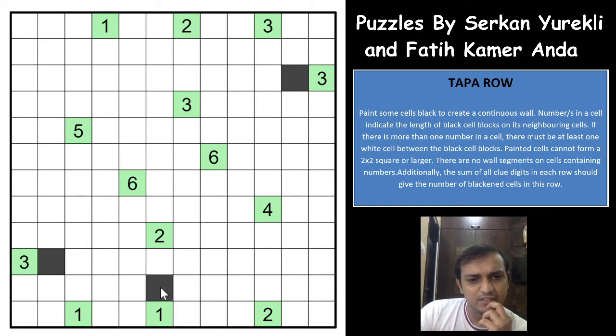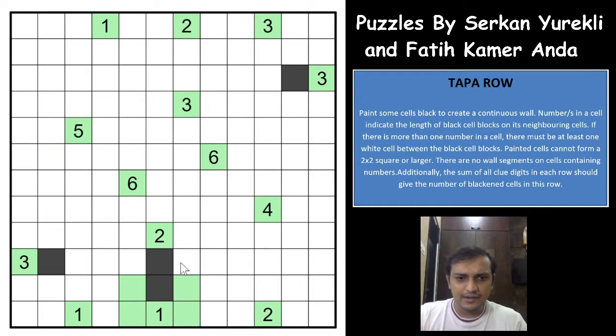For the 1, I can say that this cannot be shaded. An excellent logic at the start, I would say. So if this is shaded, all of these will be unshaded, this will be shaded. And now what happens here is excellent logic, that is, this group of shaded cells will either go this